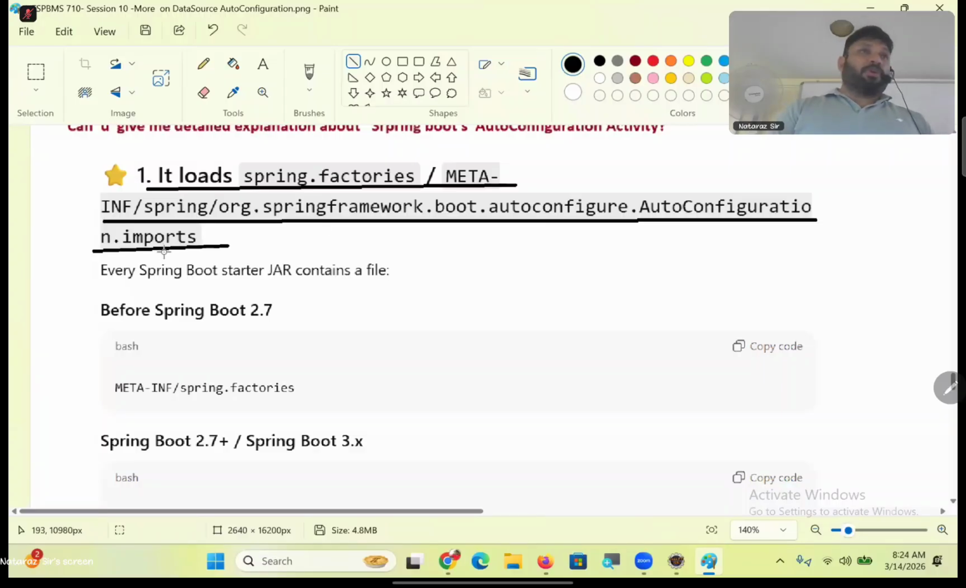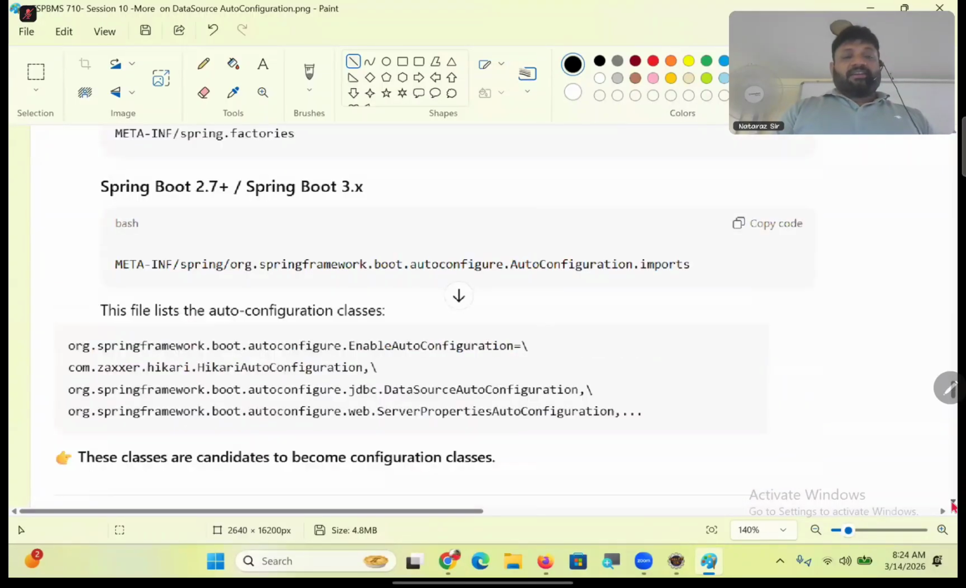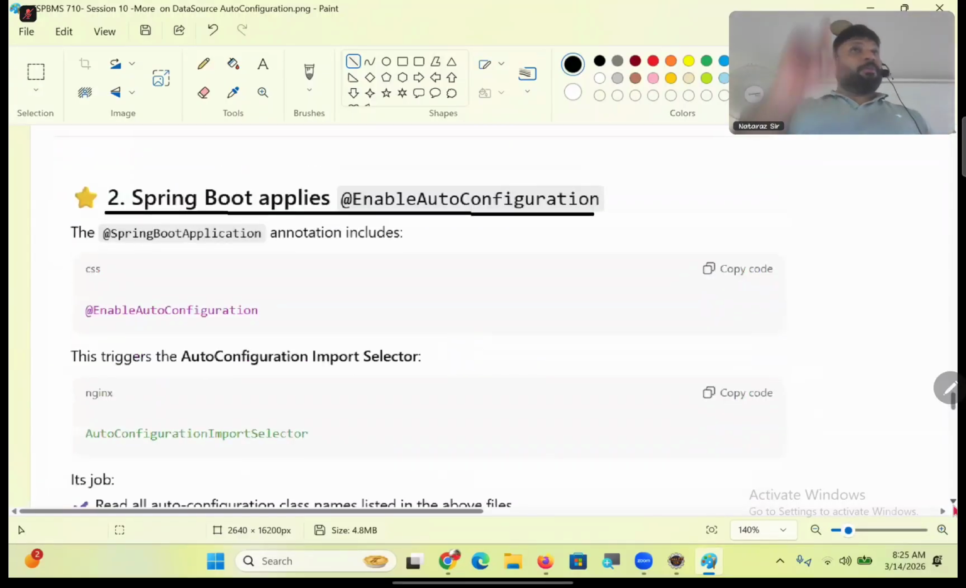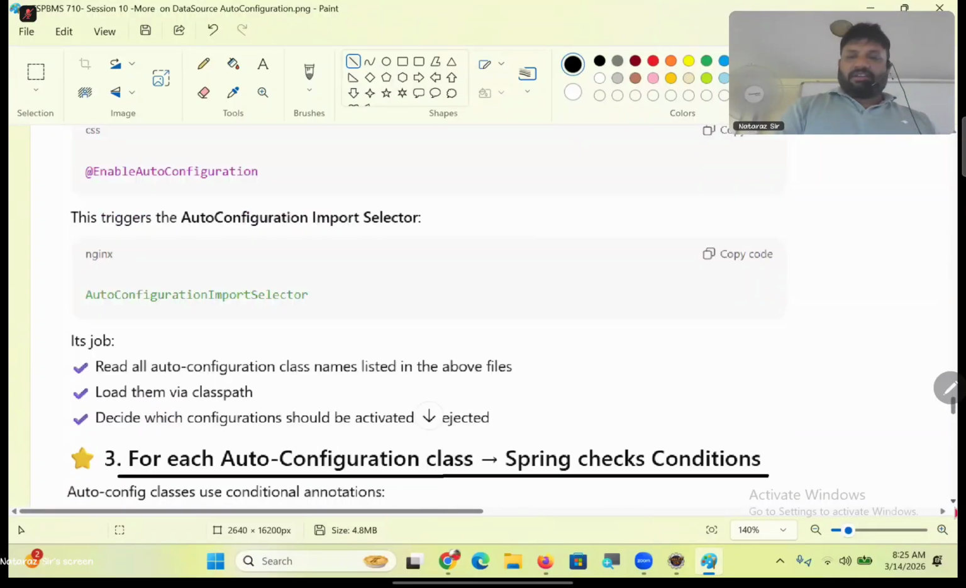First, it looks for the imports file. Then @EnableAutoConfiguration uses the AutoConfigurationImportSelector. This import selector will read the above file. The imports file has a lot of configuration classes. After that,